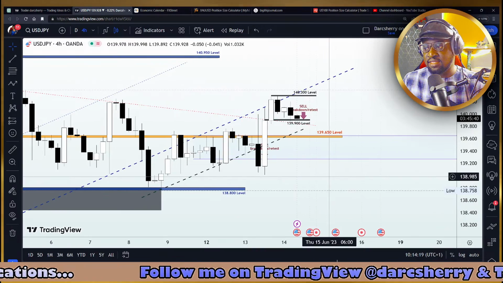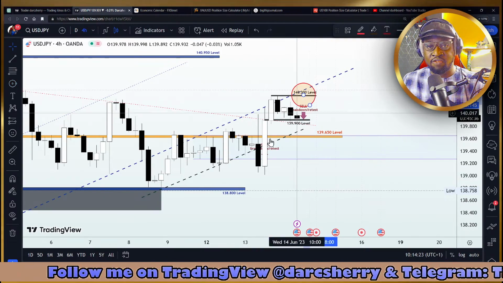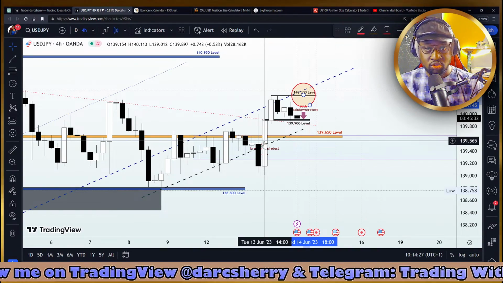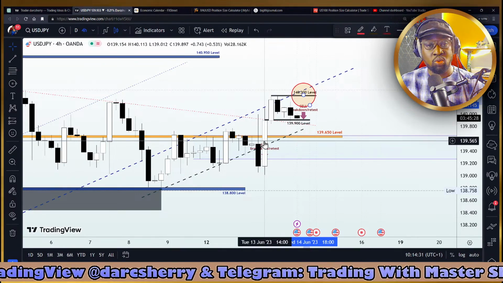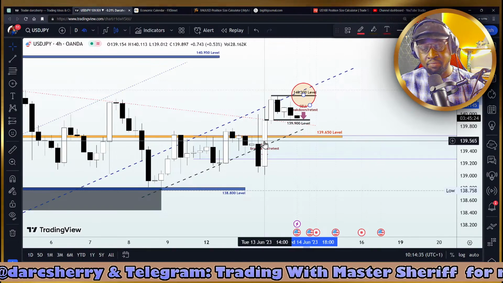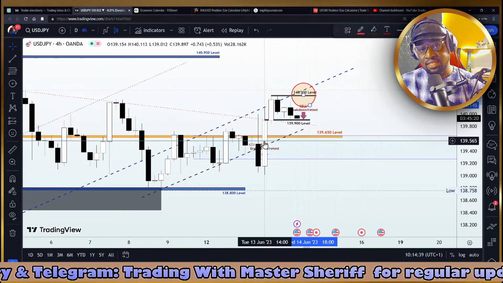So that is why I have said here that we are going to be having a buy stop order above the 140.300 level to join a trend continuation to the upside, as it is more likely that price action will climb to the upside. But if the opposite happens here and price drops below the 139.900 level, retest of structure,